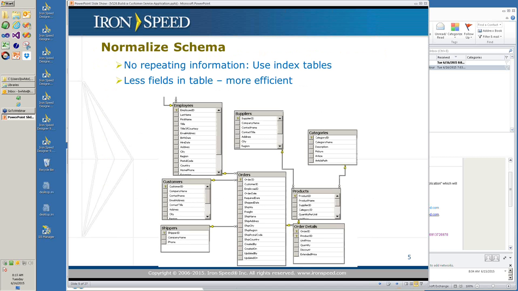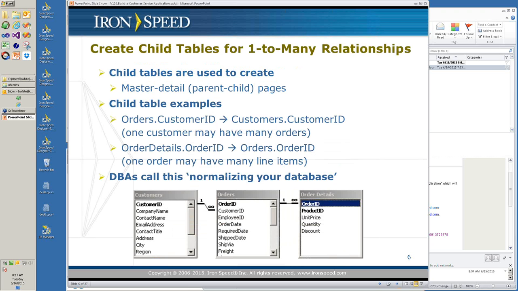You'll want to normalize your schema so that you have no repeating information in your tables. You have index tables, and you use less fields rather than more in every table to be more efficient. You'll have primary and foreign keys to give you one-to-many, many-to-many relationships in your database. With the child tables, you'll also get parent detail pages,